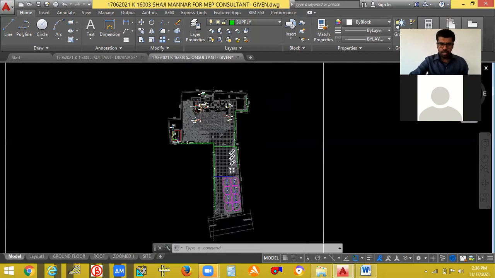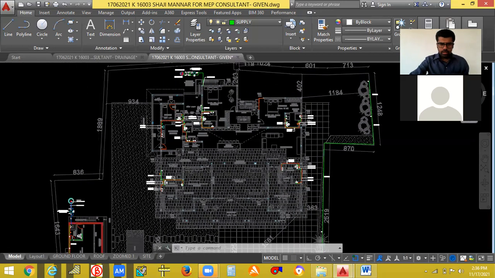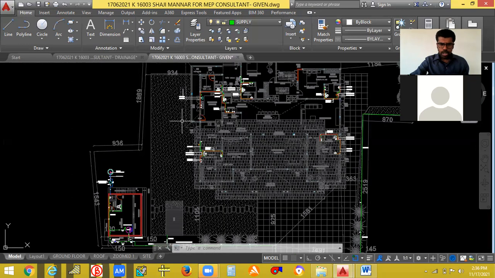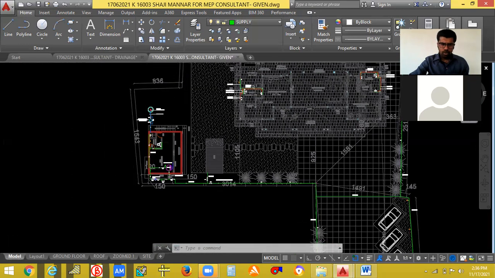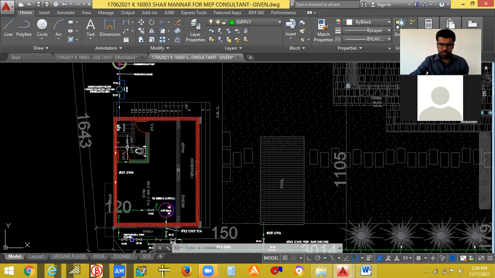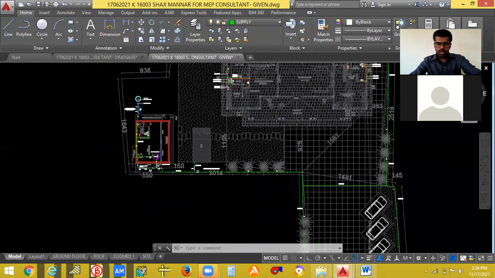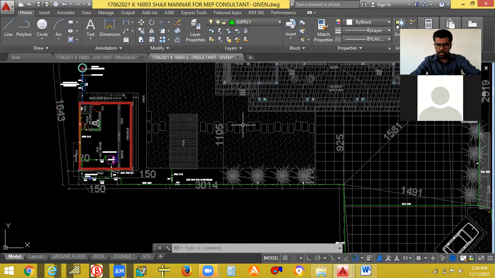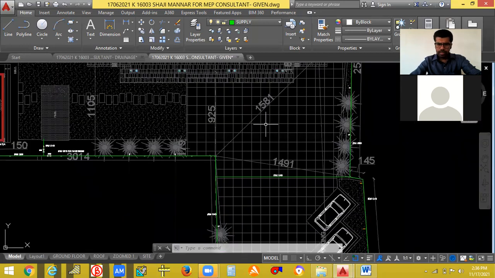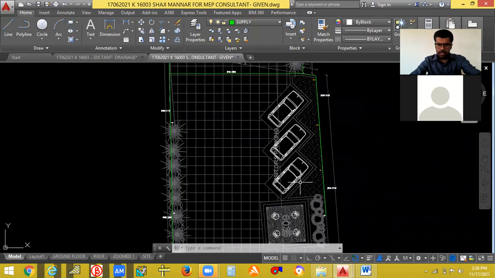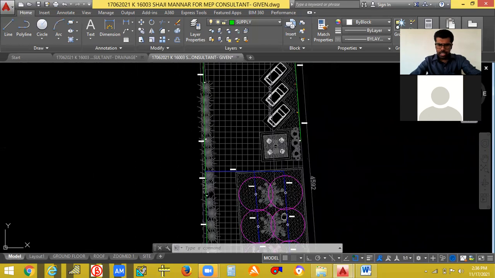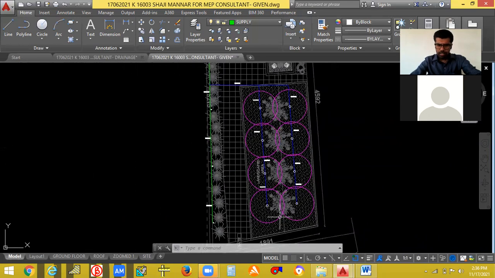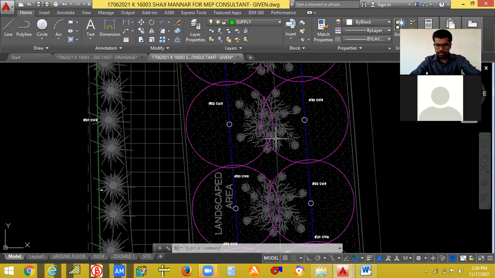So this is the site view. This is the lawn and all those things. There is another outhouse for them also. Below the outhouse they have a rainwater tank. This is where the swimming pool is. Okay. This is the line. This is the paved area. This is the car parking area. This is some garden area. You can see here garden area. They have given some sprinkler system also there.